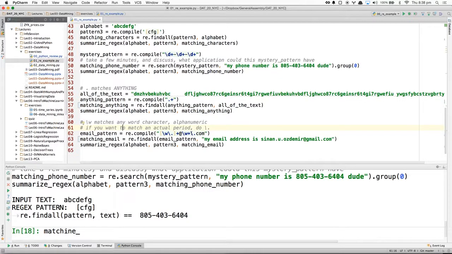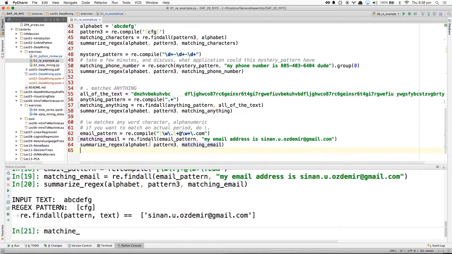Yeah. So for instance, this is an email pattern. If we have something that matches an email address, it will match. And again, this really depends on what your